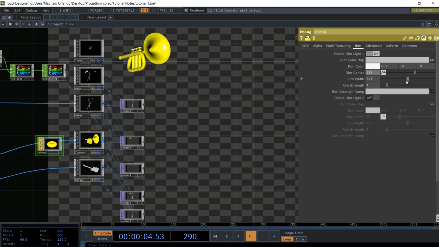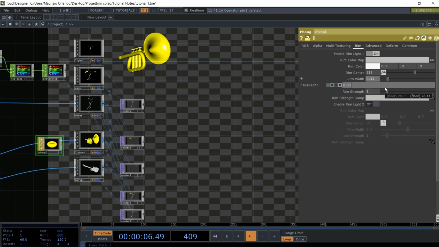And the width of the rim, so basically here we can add more lights on the rim, we can make the rim stronger or weaker. And my value was 0.11,